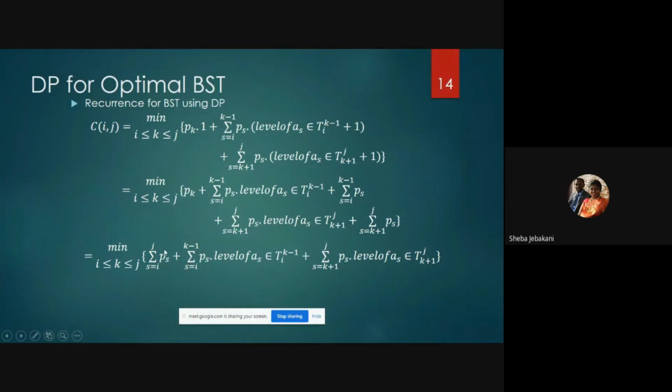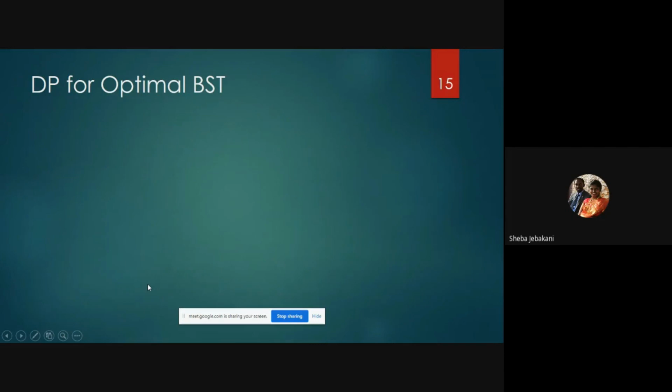So if you see, this basically becomes a constant value for us, so we can take it out of the minimum value. Sigma ps will remain as it is, and between these two we can find out which is the minimum value, and that we can add to all the probabilities that we have. This basically takes care of, for each node, how much time the comparisons take. Then we will take it based on the probability.